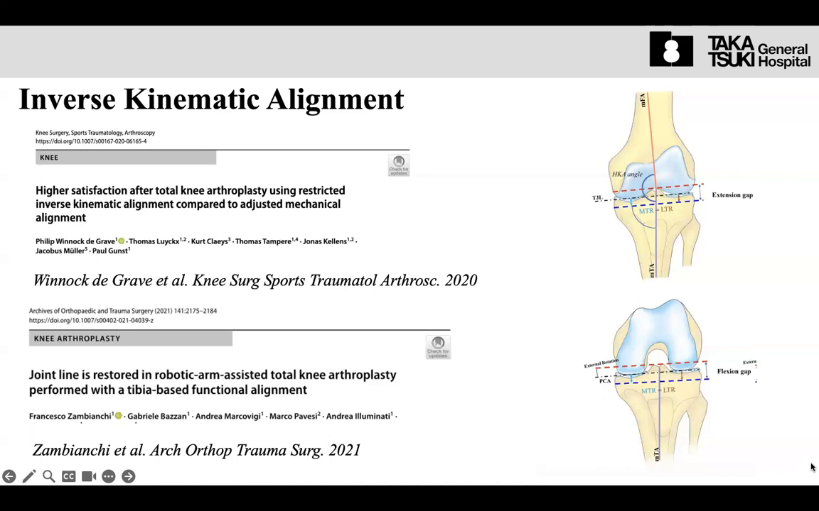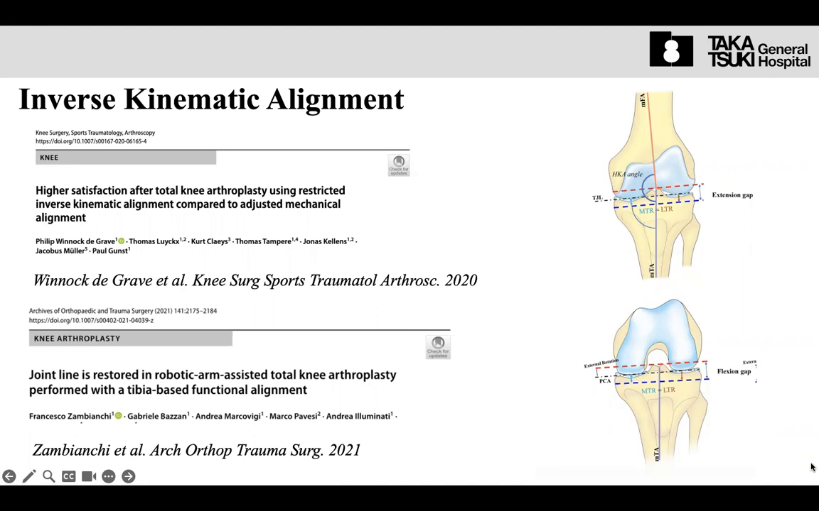So now there are so many types of kinematic and functional alignment so far. One case is the inverse kinematic alignment. That is based on the tibia cut. Like the true gap balancing technique, cut the tibia first to make the tibia cutting plane, and cut the femur to make the balanced gap. It is quite similar to the gap balancing technique in mechanical alignment. The difference is